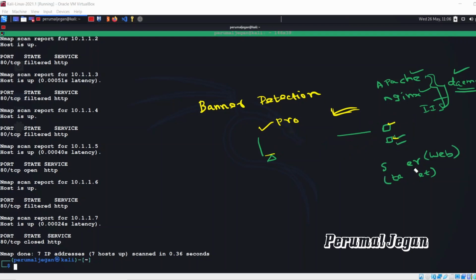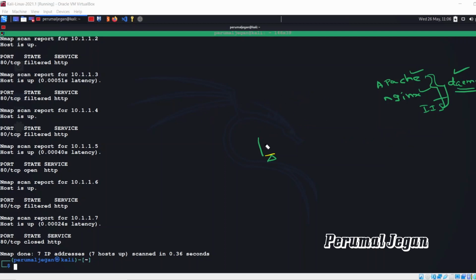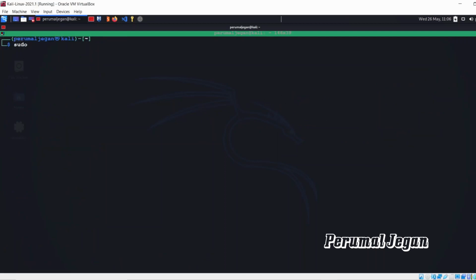Now let me quickly show you how to grab version and application info from your target. I may need sudo privilege to do this, hence I am using sudo. Then I am using the flag -sV to probe the version, and then my network.